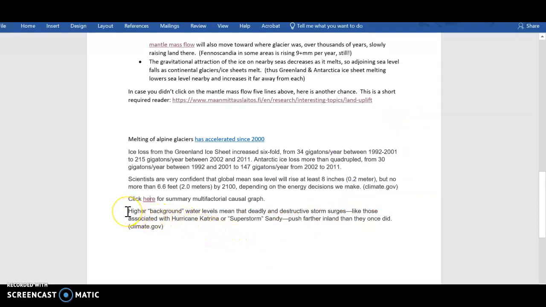something to think about. Higher background water levels mean that deadly and destructive storm surges, like those associated with Hurricane Katrina or Superstorm Sandy, push farther inland than they once did. Okay, and so we saw that a little bit in our reading of Man, didn't we? Where they talked about Superstorm Sandy, and because sea level is higher, there's a lot larger surface area in these coastal regions that becomes vulnerable to destruction. That's also true of Florida, by the way. Florida is a waiting disaster because it has so much of its territory just below sea level, or just above sea level, rather. Okay,